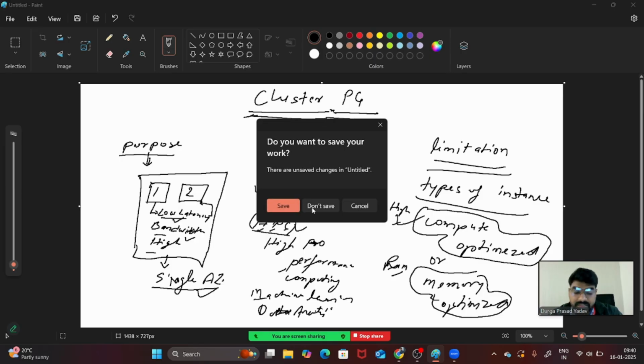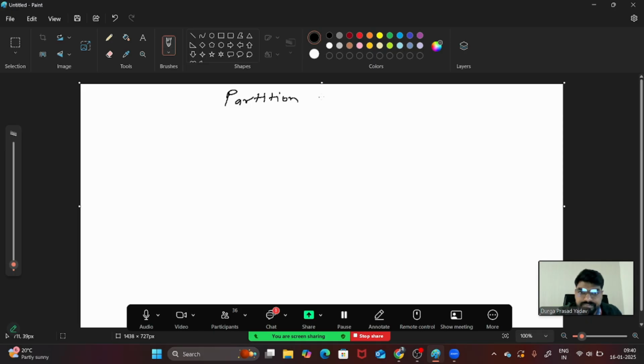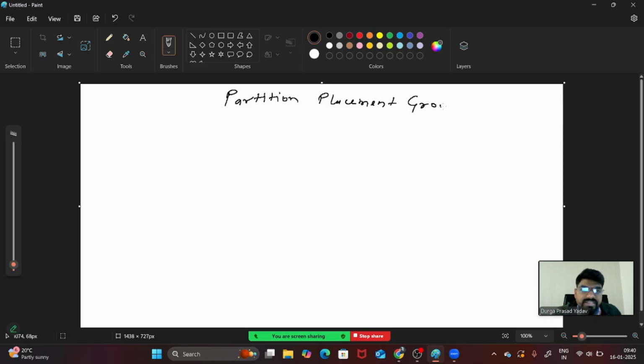Perfect. Next, our next type of placement group will be the partition placement group. For the cluster placement group, we have seen three things: we keep the machines in a single availability zone for node to node communication for HPC, high performance computing, or for use cases related to machine learning or data analytics.